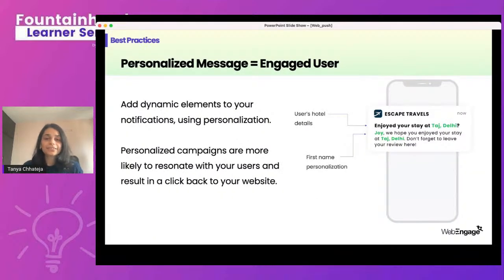Another best practice that you need to follow, and I know I keep repeating this in multiple webinars, is that you need to personalize. It's highly important that you're personalizing messages for each user, even when you've segmented your audience. What happens when you've segmented your audience is you've drilled down on the basis of, let's say, an event a user did, for example, add to cart.